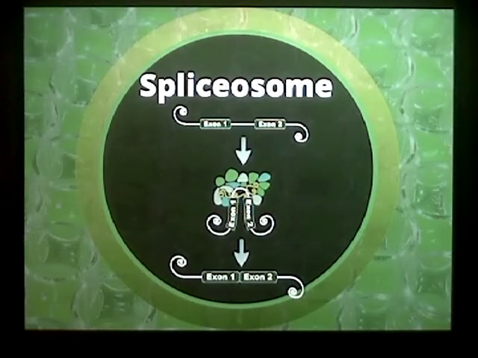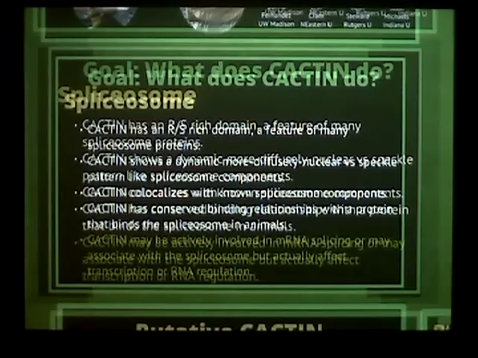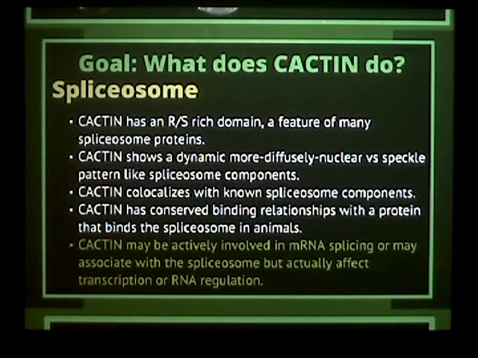But I still think this network does draw yet another connection between cactin and the spliceosome. So I want to summarize all those connections that I've talked about here today. First of all, cactin might have a weak arginine-serine-rich domain, which is a common feature of spliceosomal proteins. Cactin shows a dynamic localization between being more widespread versus more speckle, and we can perturb that localization